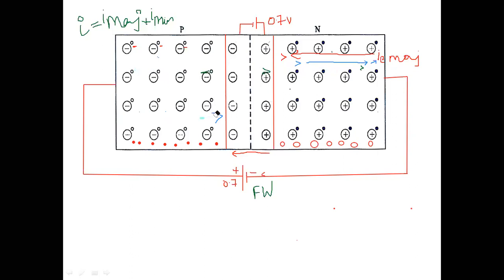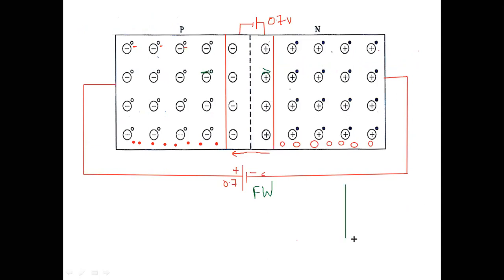And now what about current? What about current now? VI characteristics. I have to draw now the VI characteristics. This is current direction. This is voltage. I call this V, and this is I. The threshold is 0.7 volts. Okay, the threshold voltage is 0.7 volts.